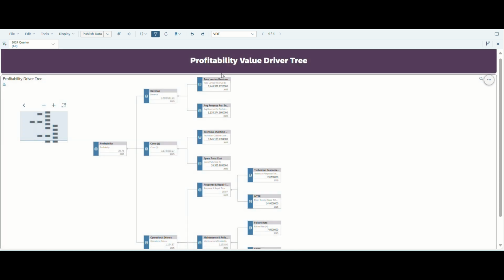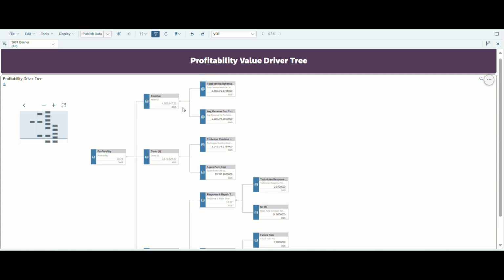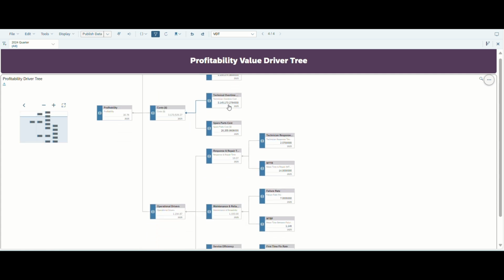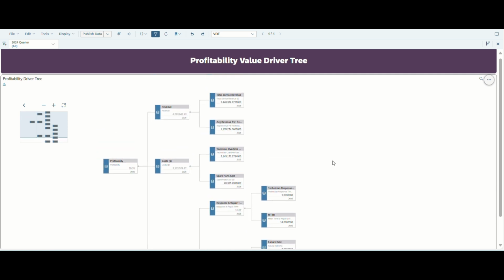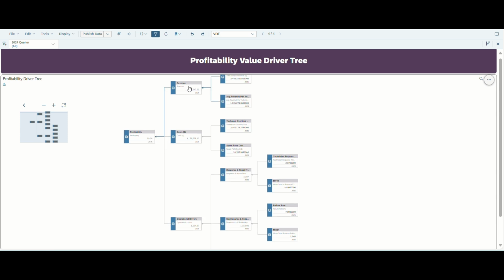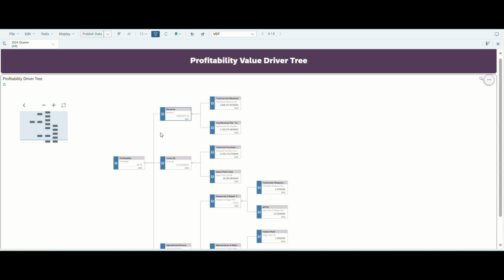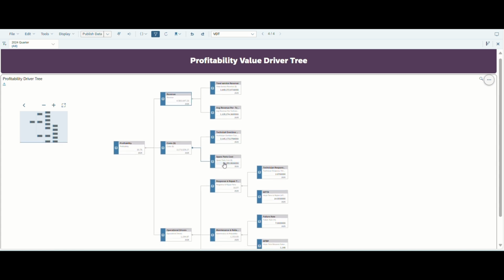This is where your field service dashboard shifts from tracking past performance to shaping future outcomes. The profitability driver tree is more than just a diagram. It's a simulation model that allows managers to visualize how service efficiency, maintenance, cost, and responsiveness interconnect to influence profitability. Revenue is driven by how effectively technicians are deployed, with higher efficiency boosting revenue potential without increasing headcount. On the cost side, expenses like overtime and spare parts play a big role, where even small savings can significantly